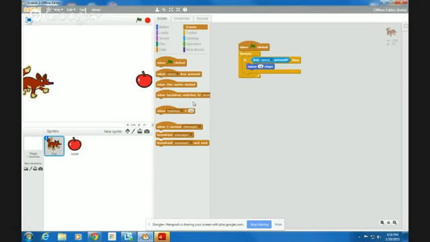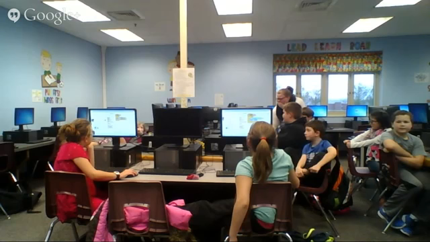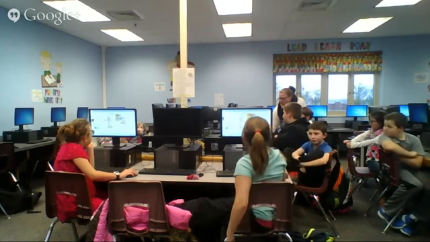So now we're going to use a command that pretty much says if you're touching the apple, you win. All right. So you're going to want to use the when flag clicked, and you're going to drag it to your sort of empty space right here. Don't attach it to anything yet. So you guys got that now? Yes. All right.